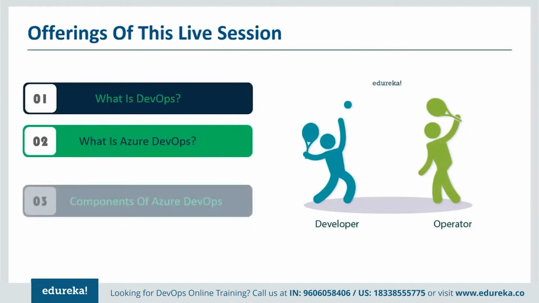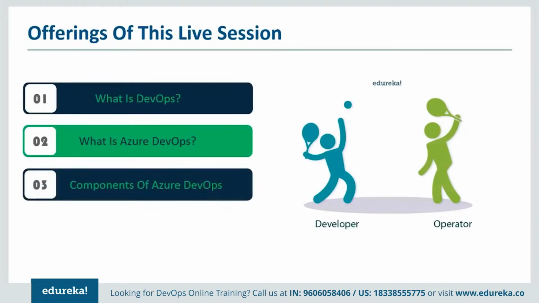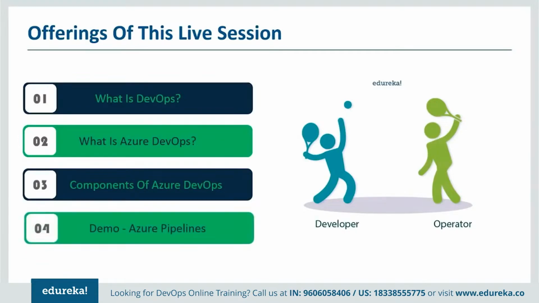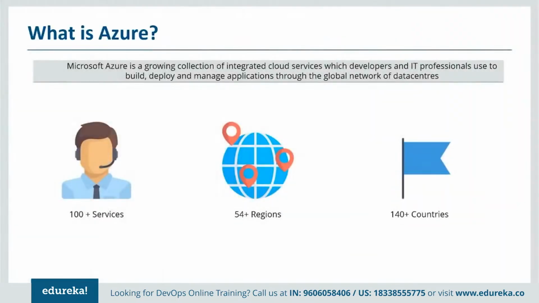And next, we'll learn about what are the different components of Azure DevOps. For example, boards, how do you create your task, how do you keep up your source control, and how do you do deployment. All these things we are going to cover as part of the components of Azure DevOps. Next thing that we are going to cover is a demo on the Azure pipelines. So we have got a lot of things to cover in today's session. All right, so before we begin, as I said earlier, we'll learn about what is Azure. Then we'll learn about what is DevOps. Let's take up the first point.